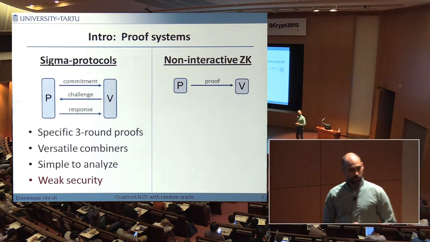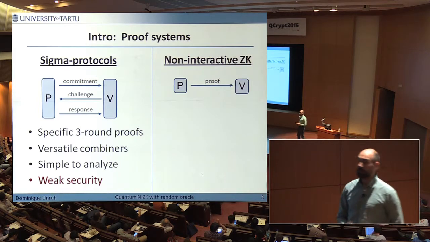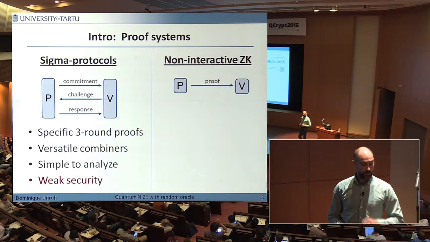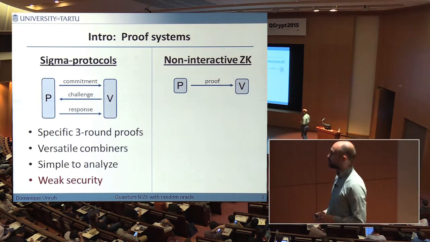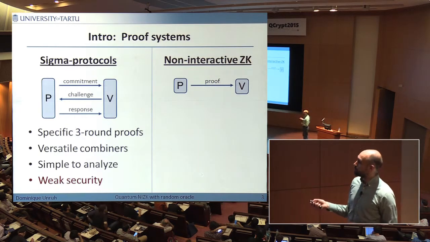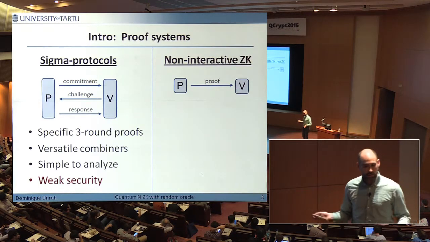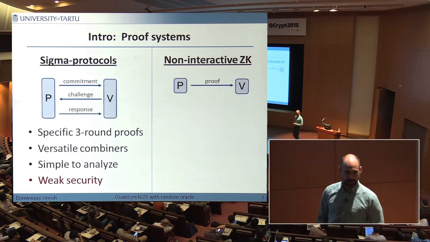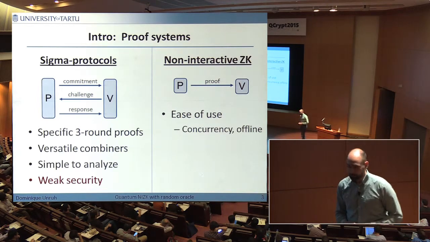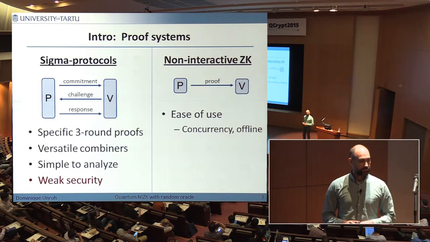And then another variant are so-called non-interactive zero-knowledge proofs, which are the ones that are the goal of this talk. So they have an even simpler structure. There's the prover. It sends just one message to the verifier, and the verifier checks and then accepts or rejects. So it's almost like a mathematical proof. Having that is very nice